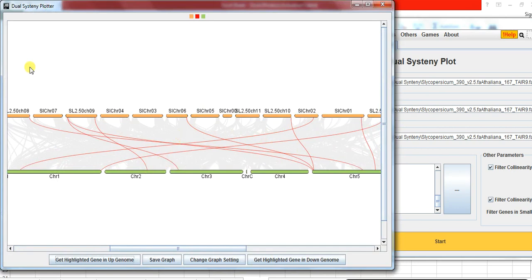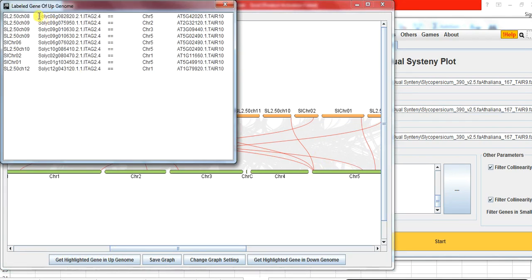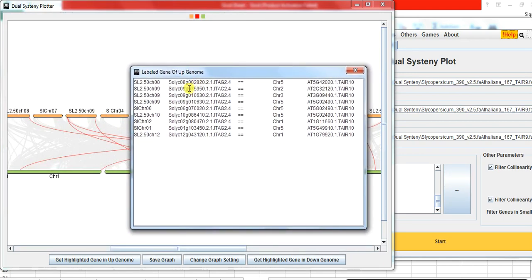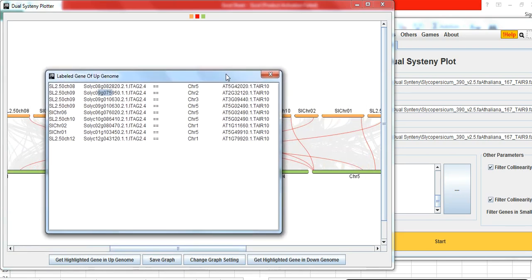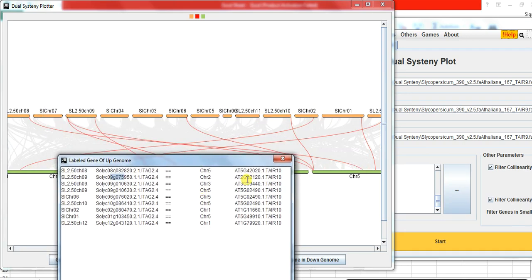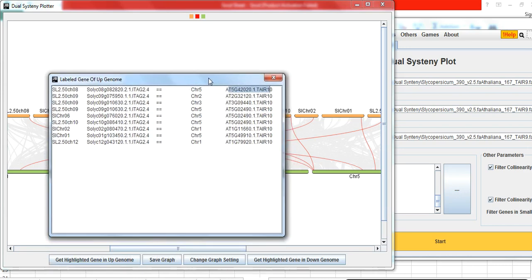So how do we know the names of these genes that are orthologs of this gene? Here you can see Get Highlighted Gene in Genome. Click here, and you can see the first one, on its chromosome, this one is the gene. The name of this gene is this one, and in the Arabidopsis genome, its ortholog is here, this one. So you need to copy